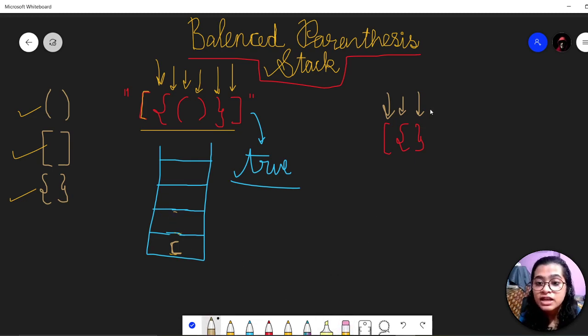And now the next element. There is no next element, it is empty. So there is an element remaining inside the stack. The condition is, if an element is remaining inside the stack, we have to return false. So this is the basic logic. If the stack is empty, the brackets are balanced and you have to return true. If anything is there inside the stack, the parentheses are not balanced and you have to print out false.